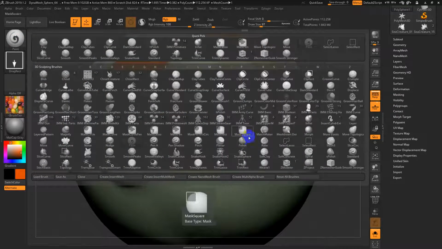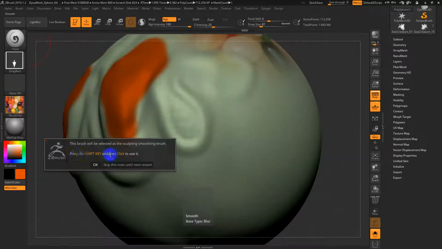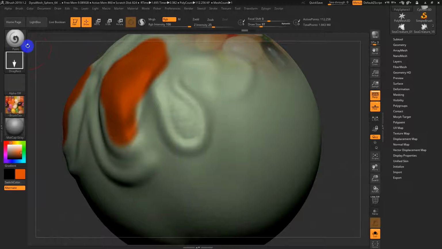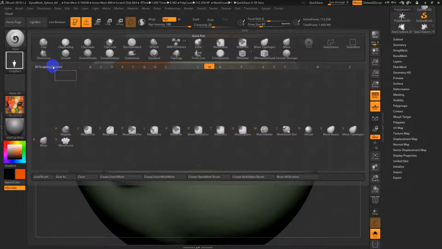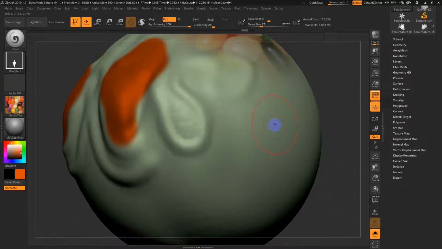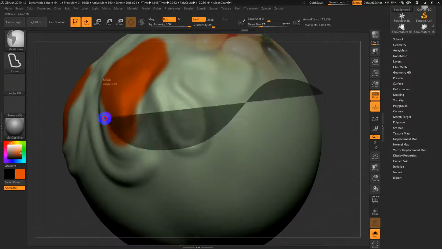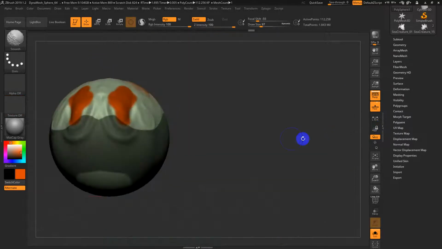So that's another interesting functionality in ZBrush. The main reason I'm bringing this up, and I'm going to come around to this, is let's say you want a different type of masking brush. If you go to the brush palette again and hit M for masking, there's actually a mask pen, a mask lasso instead of pen. So if you hold Control now, it gives you the warning again. Control, click and drag allows you to mask via,